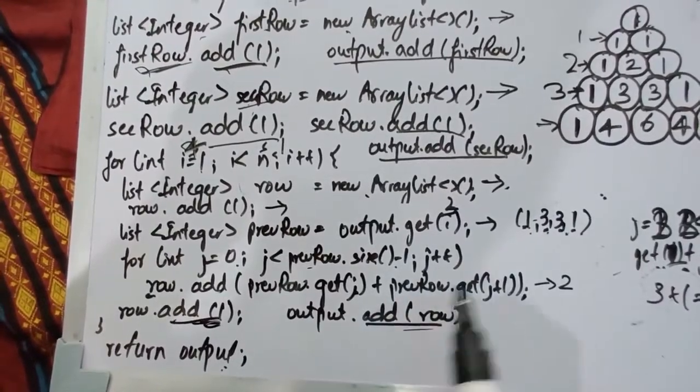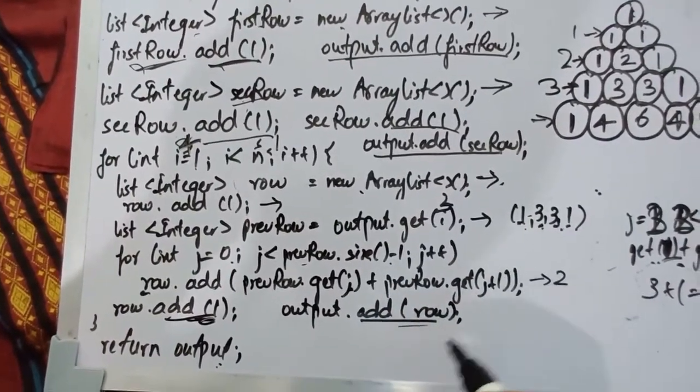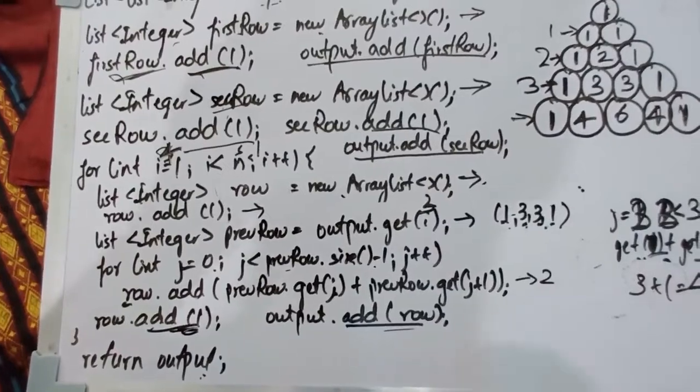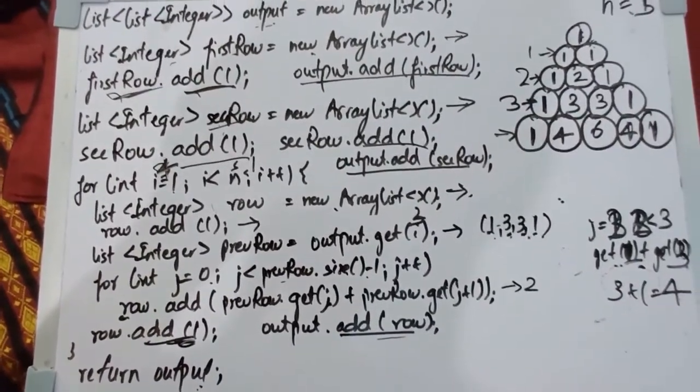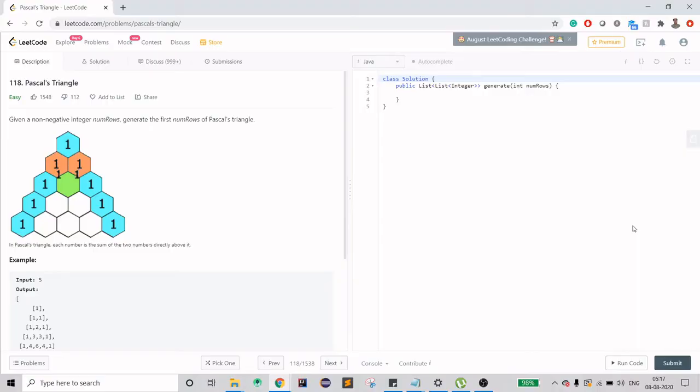Now let's write the code on the LeetCode platform and see if it is able to pass all the test cases. Okay, so let's have a look. Okay, so let's write down the code. So what we have here is, we need to first return a list, right? So for that we need to create a list like we created before. So a list of lists, and name it anything you want. I'm going to use output.